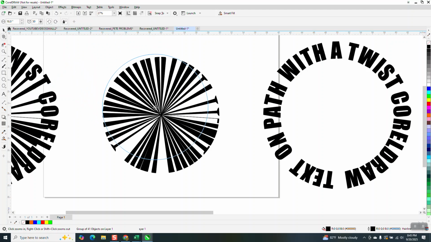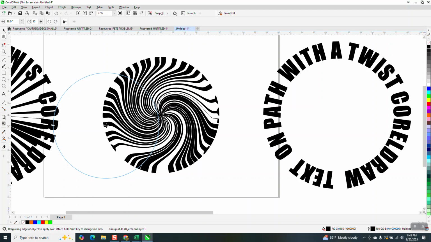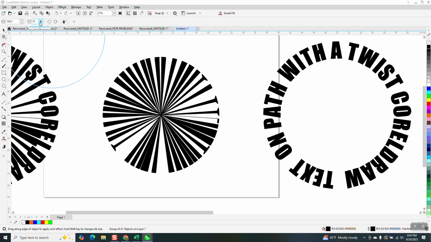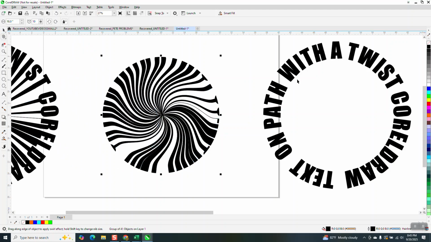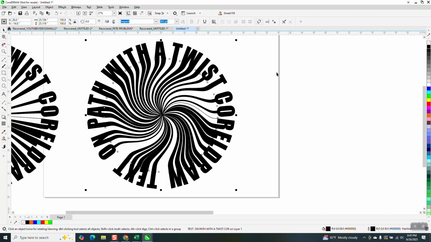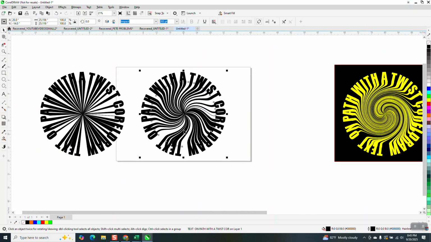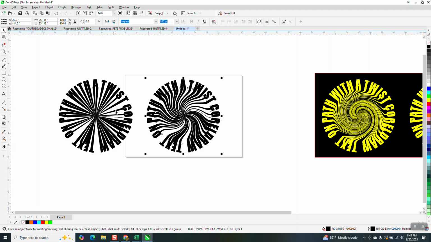So I'm just going to twirl, kind of get it in the middle. And I'm going to try not to, you know what? This would be a good one to show, to back this off to like 10. So that's how quick it's going to act. See, if you do it this way, well, there we go. And then move your text back. That's pretty cool. I like both of them, but what I was saying earlier, you could